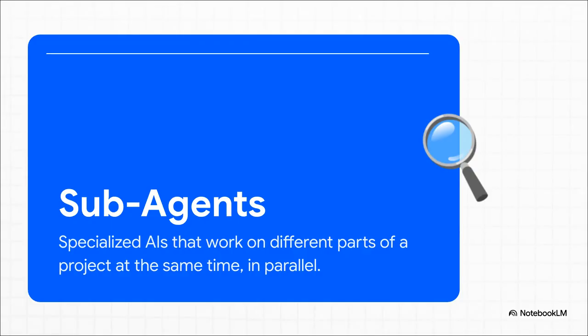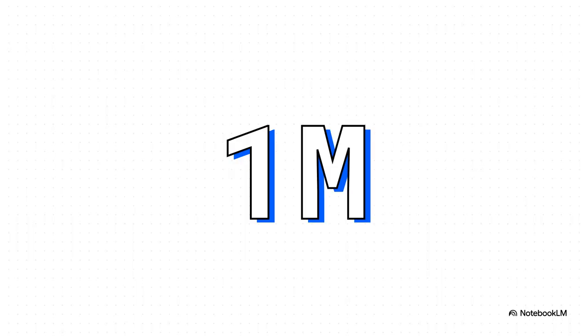So how does it pull off this multi-lane highway trick? Well, the engine behind all that parallel power is something called subagents. It's a really cool idea. Instead of one AI trying to do everything all by itself, Claude actually spins up an entire team of specialized AIs that all work on different parts of your project simultaneously. And the key that unlocks all this parallel processing power is a massive expansion of the AI's short-term memory, what's known as its context window.